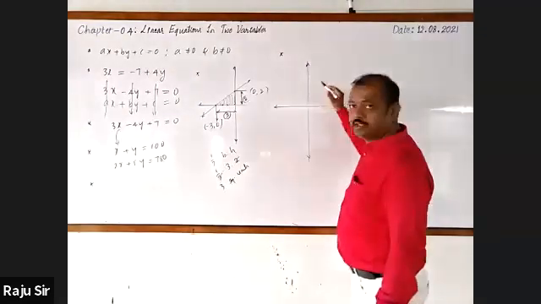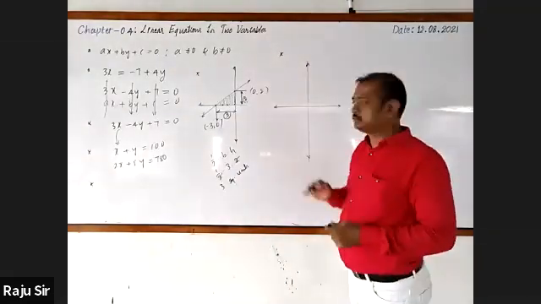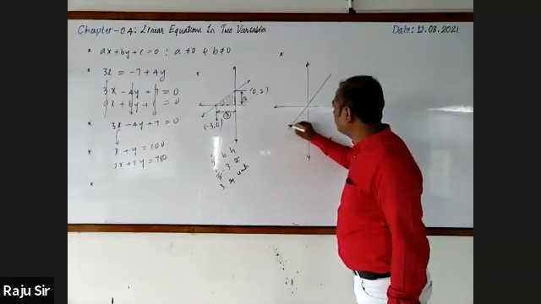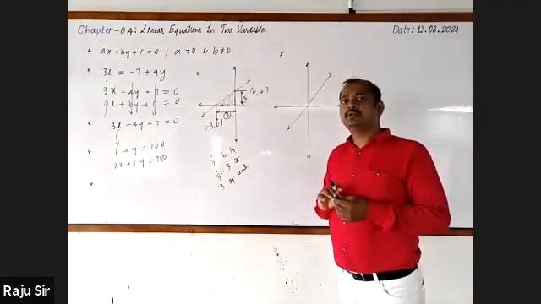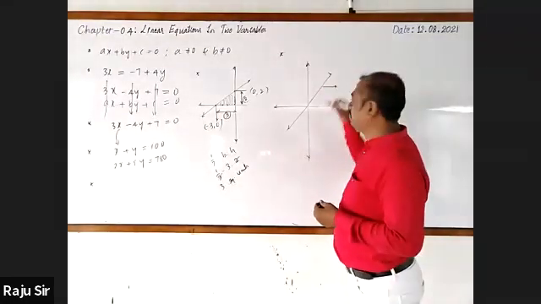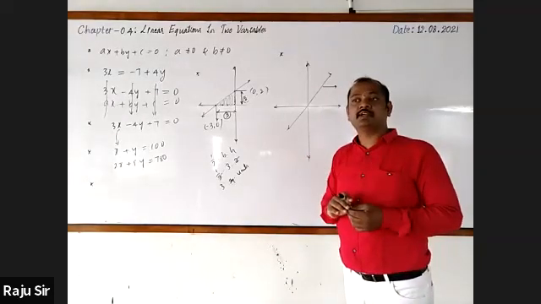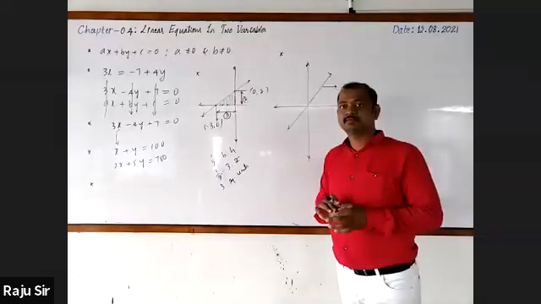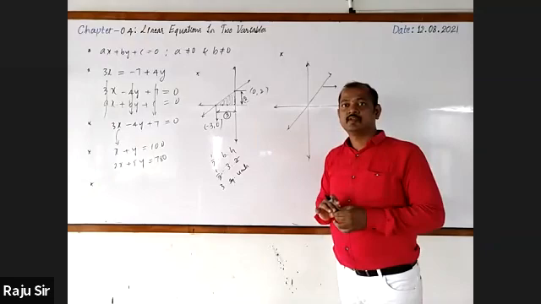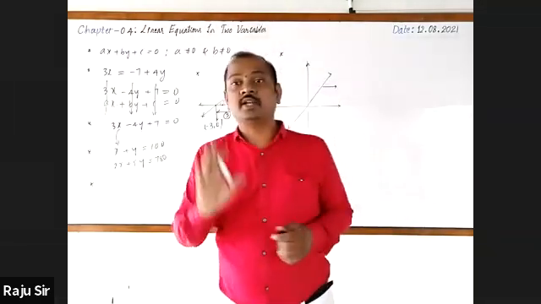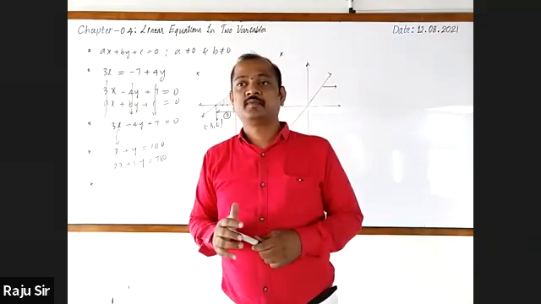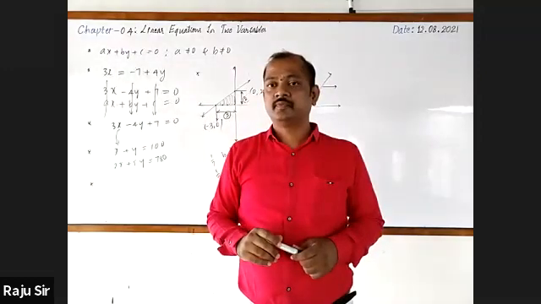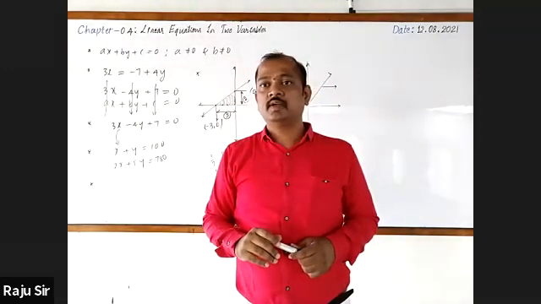Now I'm drawing the graph of an equation. This is the graph of one equation. I do not know that equation. Could you tell what may be the general form of that equation? ax plus b equal to 0. ax plus by plus c is equal to 0. I'm asking you the equation. Linear equation. y is equal to ax plus c.